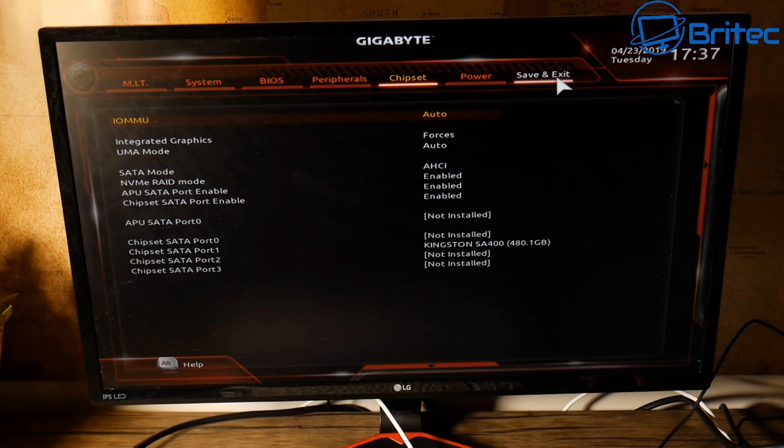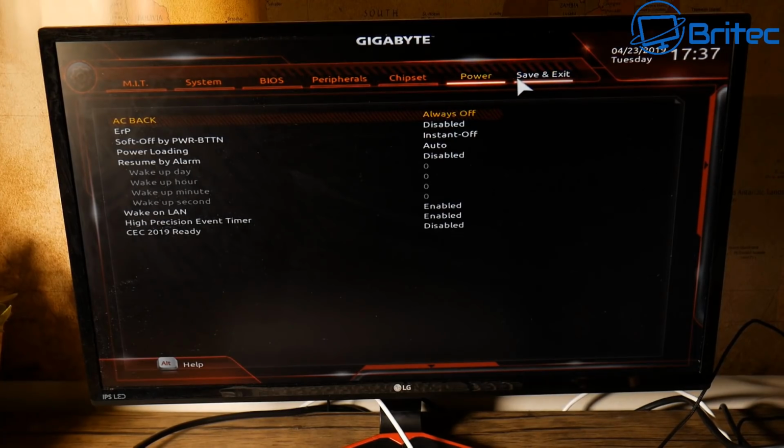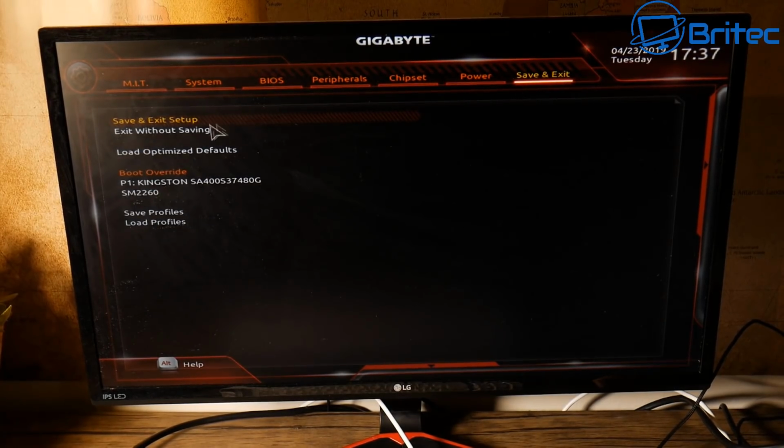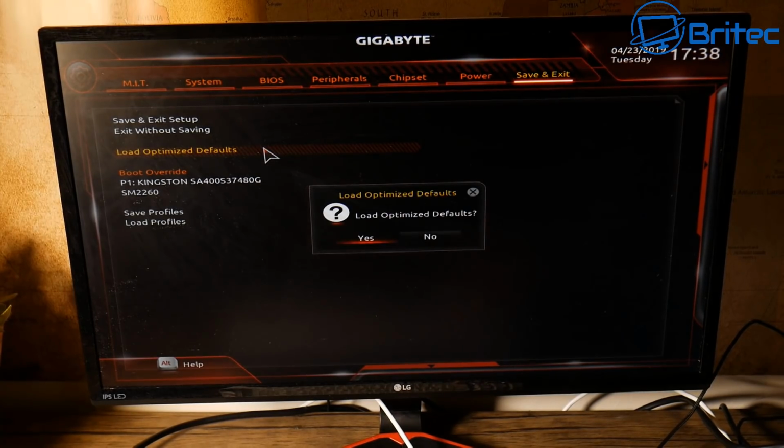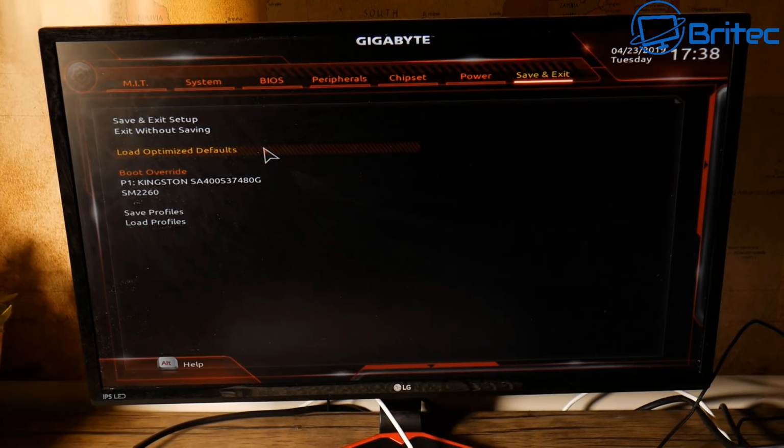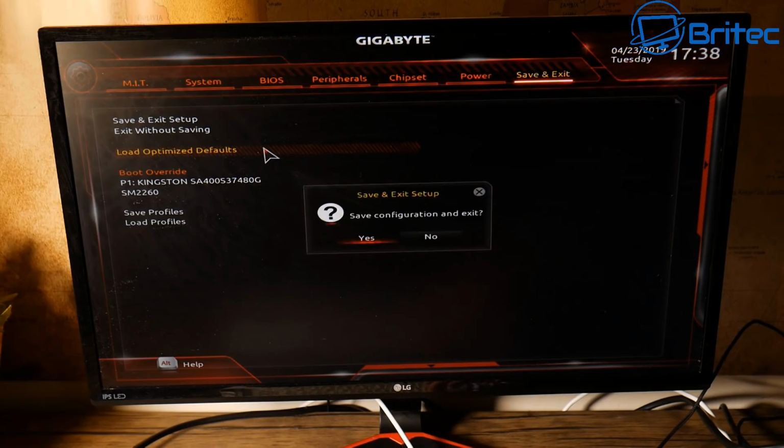So let me try and resolve this by going into the BIOS here, and I'm going to reset this to default settings, and you can see here load optimal default settings. This is just in case there's a setting in here that it doesn't like. So I'm just going to quickly do this and we'll try again to get to the desktop, and hopefully we can resolve this problem. So I'm just going to do this and click F10 and save the optimized default settings